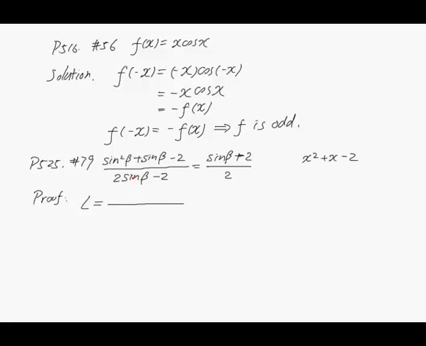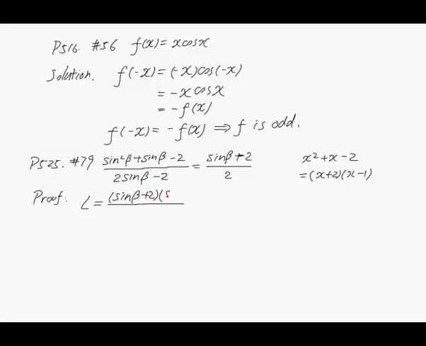Let x be sine beta. And we know how to factor this polynomial. This is equal to x plus 2 times x minus 1. So now you can do the back substitution. Then you get sine beta plus 2